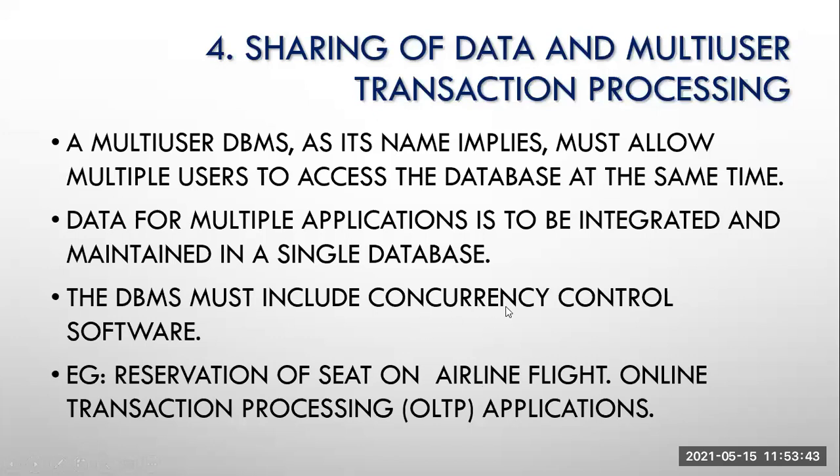Concurrency control: I have reserved the upper seat in SRS Travels. At the same time, Renuka is also taking it, but my turn is over. I have done that. It should be visible to Renuka that the seat she was booking, which I was doing, is already reserved. Immediately it should say so.